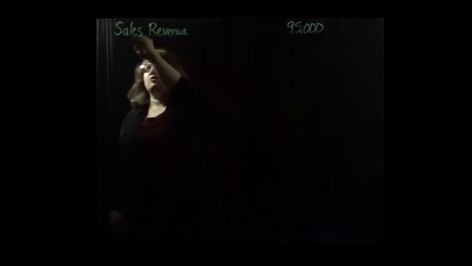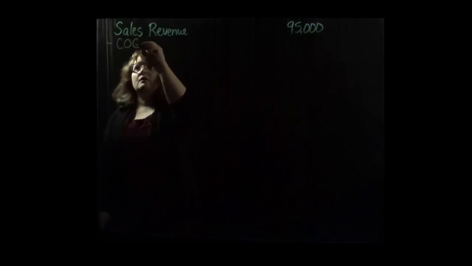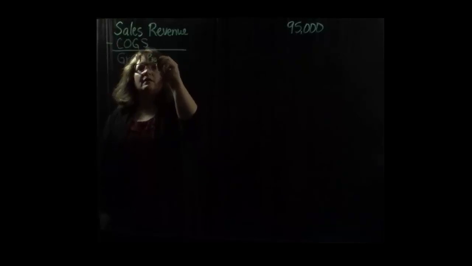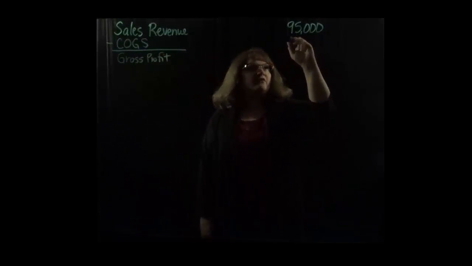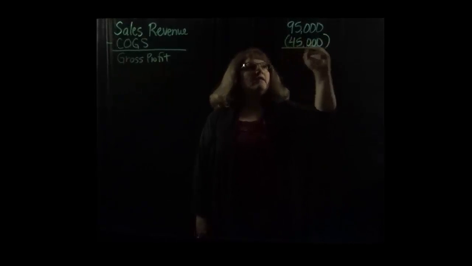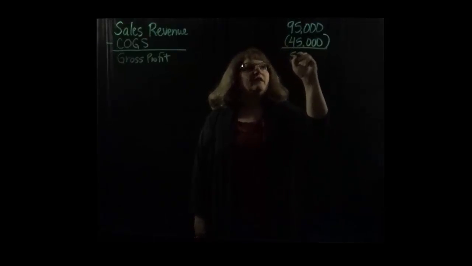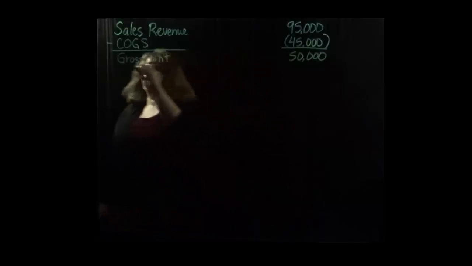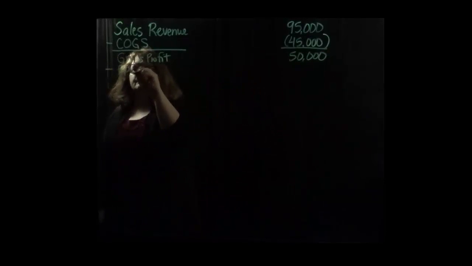Next, we're going to subtract cost of goods sold, which will give us a number that we call gross profit or gross margin. The cost of goods sold was $45,000, and that leaves us with a gross profit of $50,000. From that, we subtract our operating expenses,